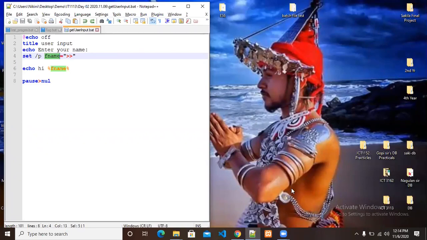No, not a data type, just a type. Variable means it is a placeholder. Okay, the variable is a placeholder, which means whatever the user is going to put, it will be a name, a number, a symbol, whatever the user entered, you have to catch that. The catching thing is fname, it is the variable. You got it, not a data type.